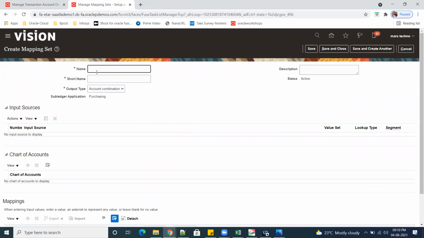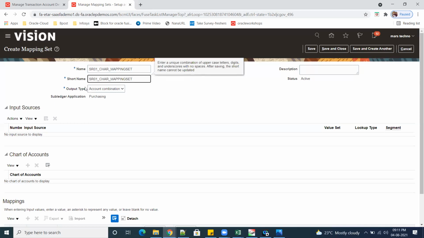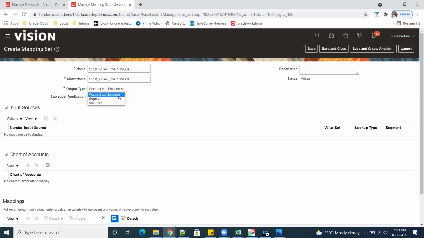Provide SR01, mapping set charge account. You can give any name to the mapping set. Here, output type: whether you want to bring the complete account combination, a segment, or a value set.